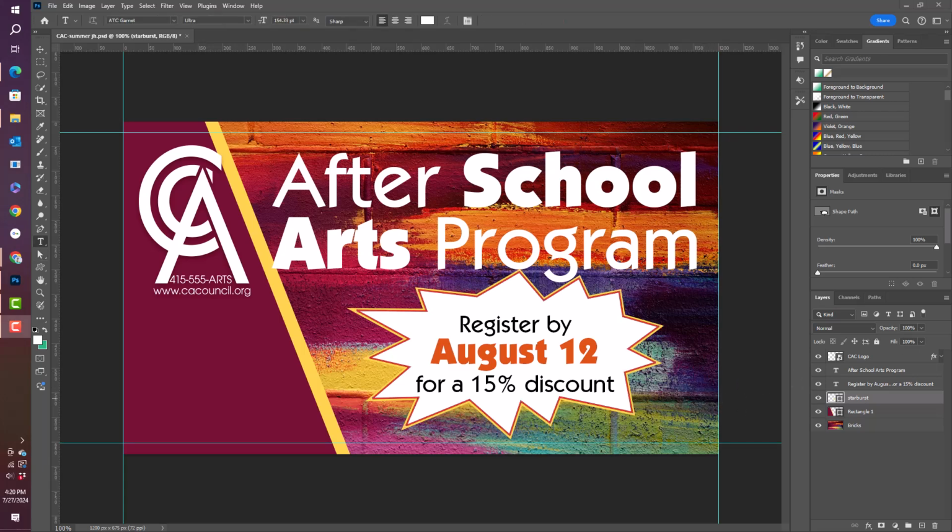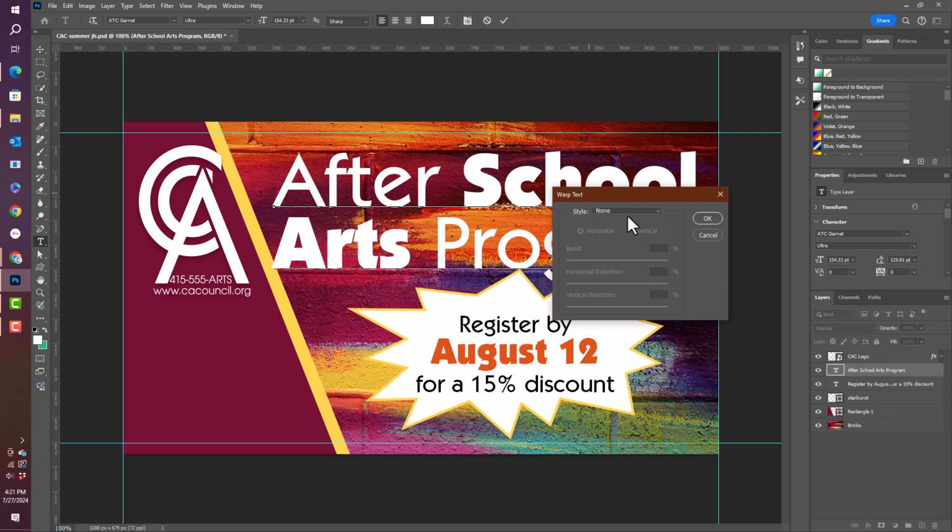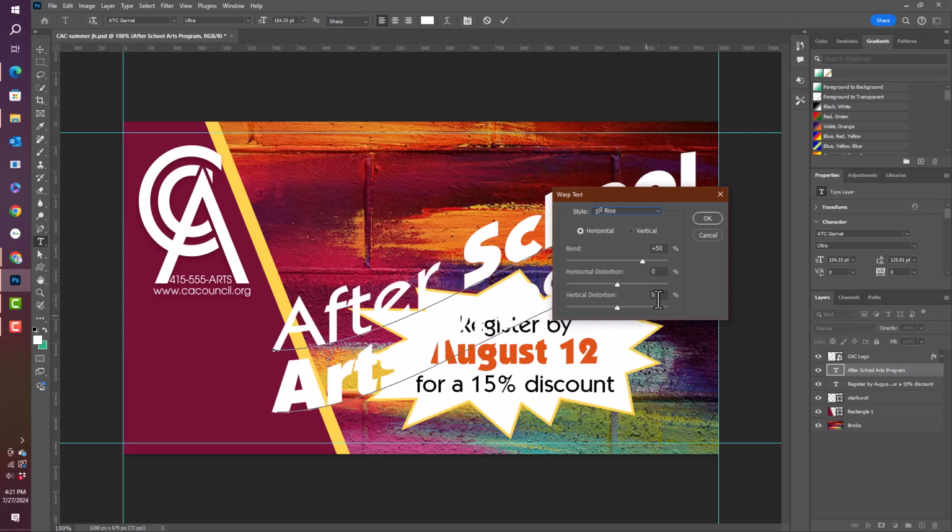Next, we're going to create warped text. Pick up your horizontal type tool and select the After School Arts Program layer. Now, they don't really tell you this in the book, but it doesn't really work unless you go ahead and put an insertion point somewhere in that text. Then select the Create Warped Text button. In the dialog box for Style, you're going to select Rise. There it is. And with the horizontal button selected, define a 10% bend,